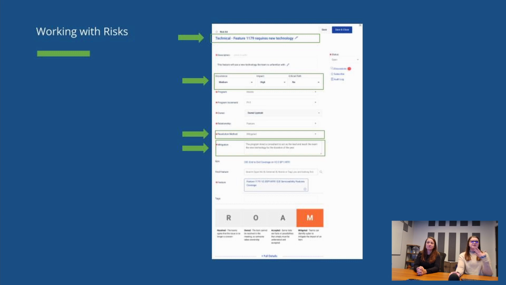A best practice that we really like to recommend for all work items in Jira Align, but especially with risks, is if there are fields on the details panel that do not serve your process, that aren't really meaningful to your organization, we really recommend turning those off. And three that we have seen cause some problems before are the occurrence, impact, and critical path fields. These are turned on by default in the tool, and I think people think they sound really nice.